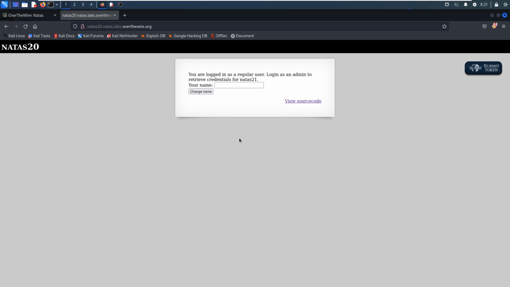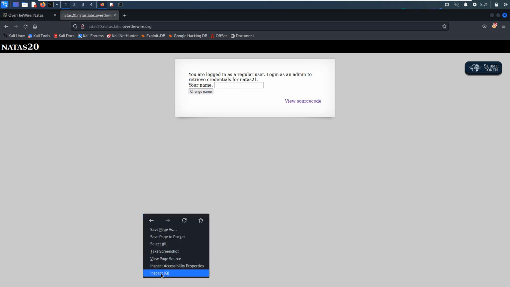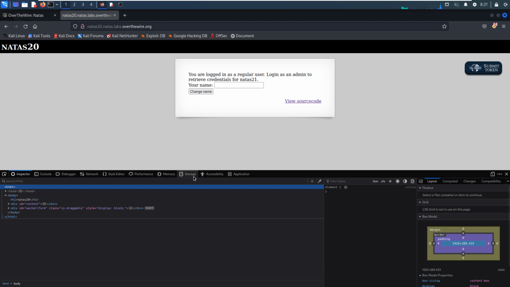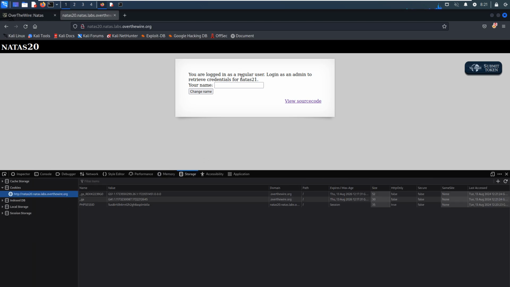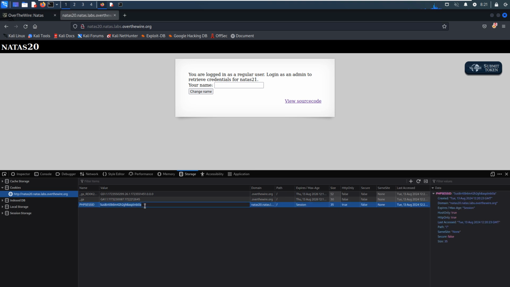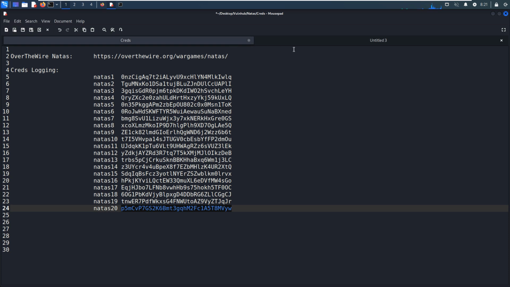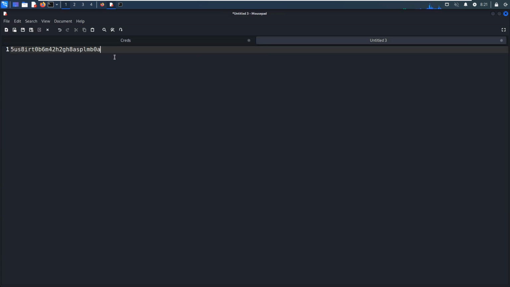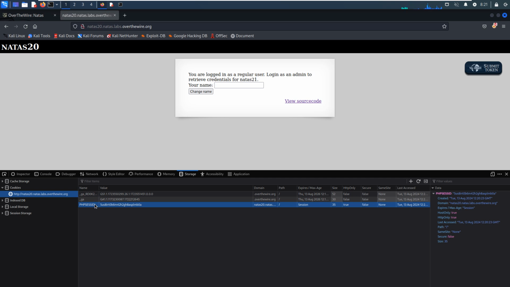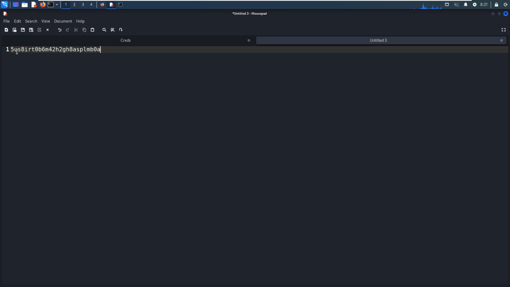So the first point I'd like to make is that at this point we have already got some sort of cookie, because here we are logged in as a regular user. We can copy this cookie and paste it into my notebook, and the key name is this one. We can paste it here.